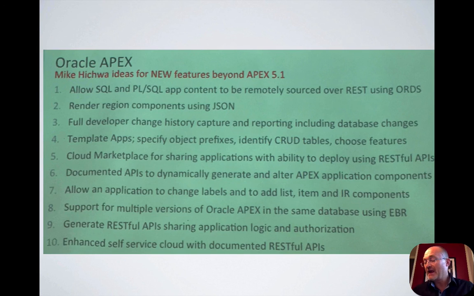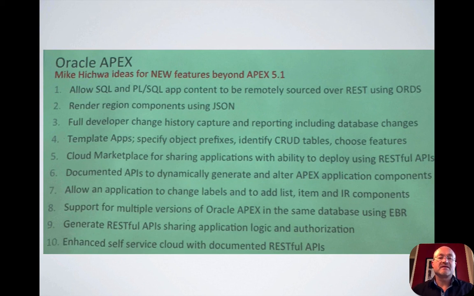Number 9, generate RESTful APIs, sharing application logic and authorization. My note: Apex functionality of your application can be accessed through REST. So like ptracked, you can create a new bug, get a list of all open bugs, etc. So your Apex application can now provide REST functionality through a REST API, and you can make this logic available to everybody outside too. Last point, enhanced self-service cloud with documented RESTful APIs. My note says you can provision a new workspace for a new employee, terminate it, create a new user, lock or unlock it. So the whole administration stuff